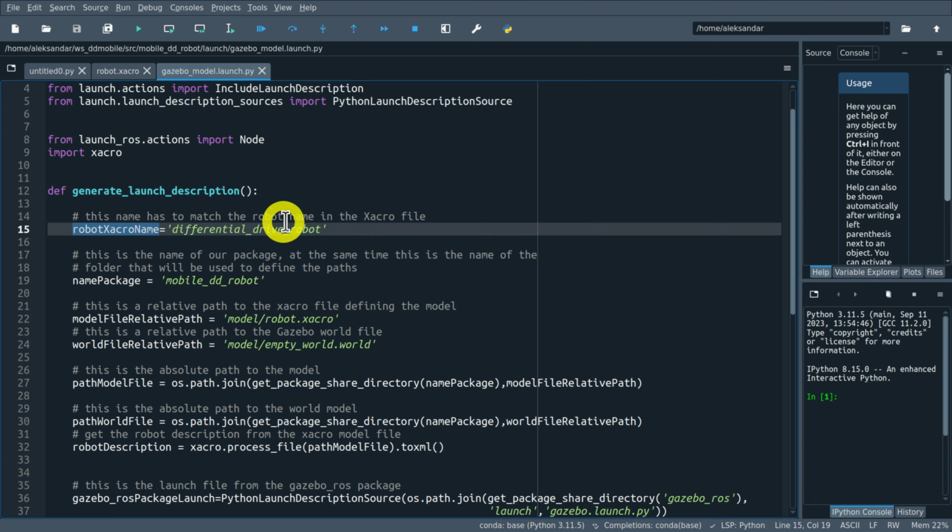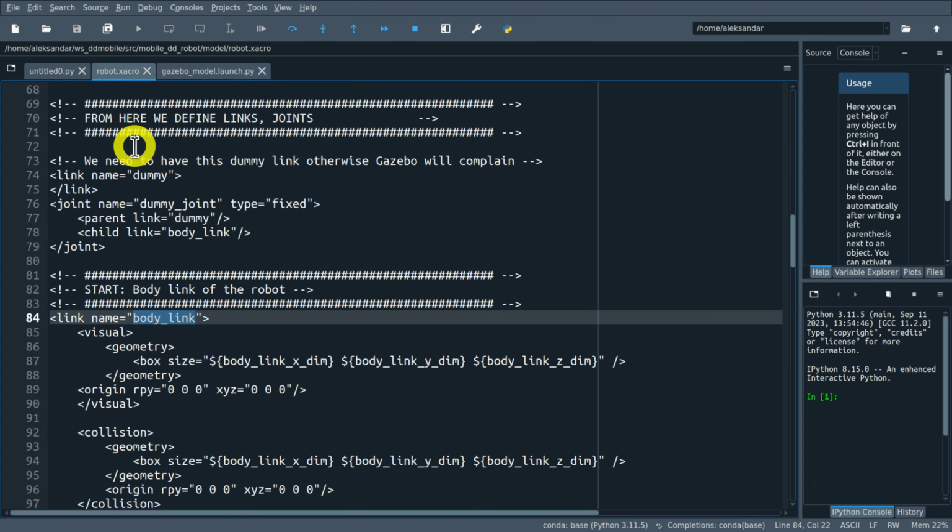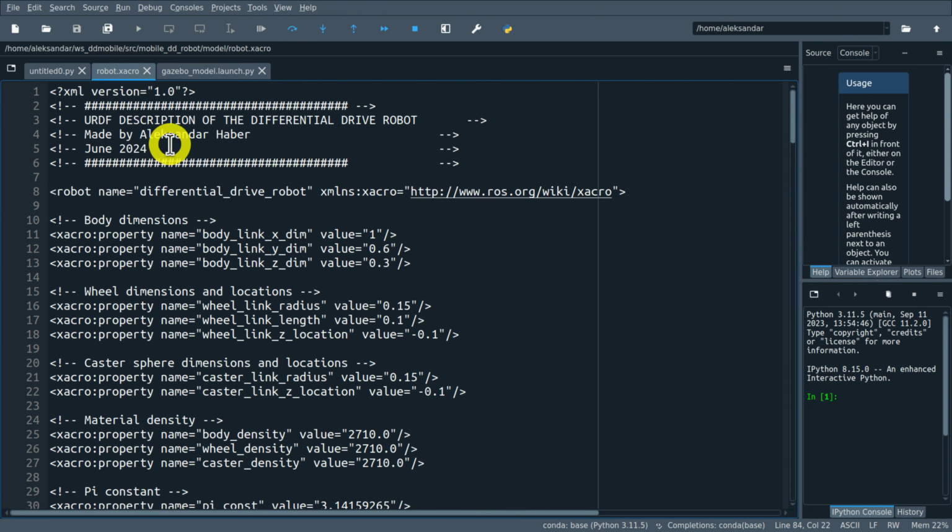First of all, we need to specify the robot Xacro name. This is the differential drive robot, and this name has to match the robot name in the corresponding Xacro file. So if you go back to the Xacro file, at the top of the file we have the name. The name is differential drive robot, and this should be the same name. Now, we need to specify the package. The name of the package is mobile.dd robot,